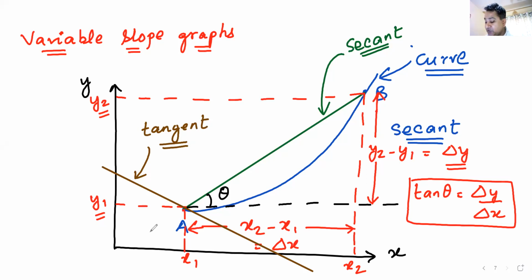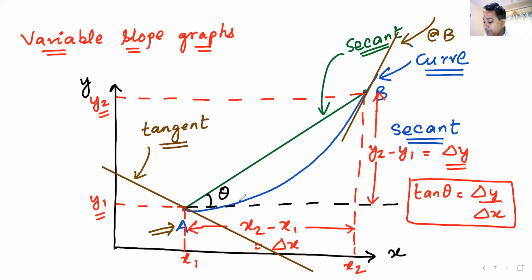Similar to a tangent which is drawn at point A, I can also draw a tangent at point B. Yes or no? So it might go like this. Okay, my drawing may not be exactly correct. So this is my tangent at point B. This line is tangent at point B. Are you getting? Similarly, I can draw tangents at all the points which are lying on this curve.